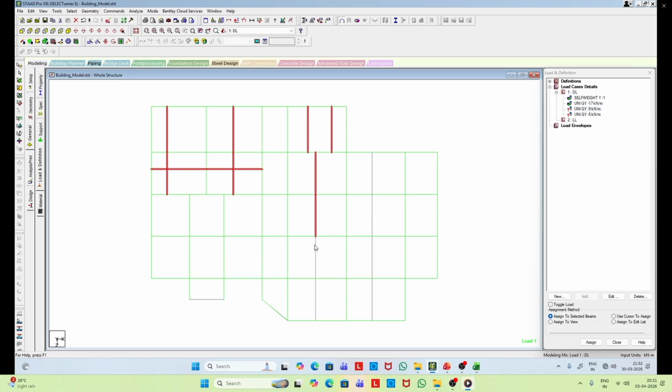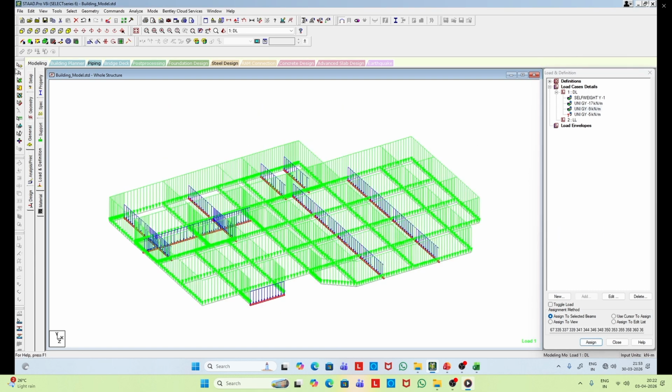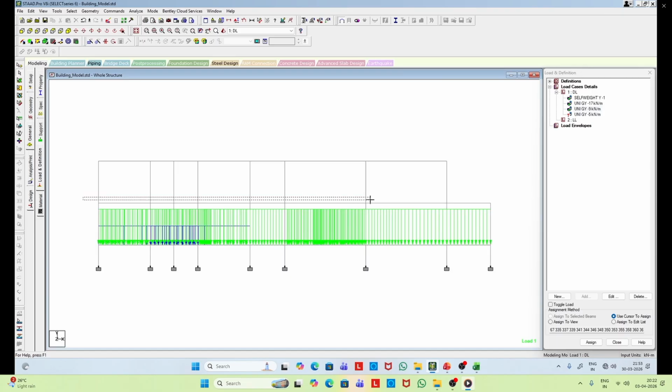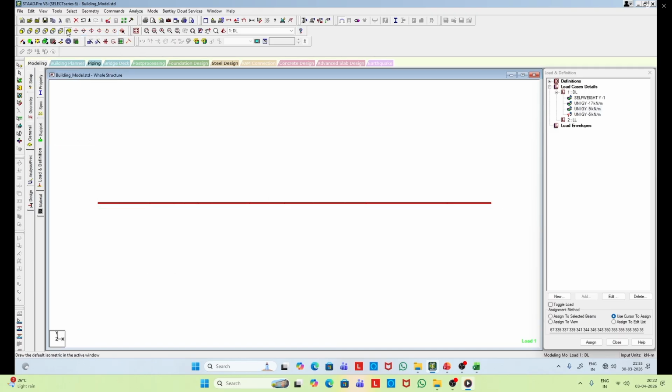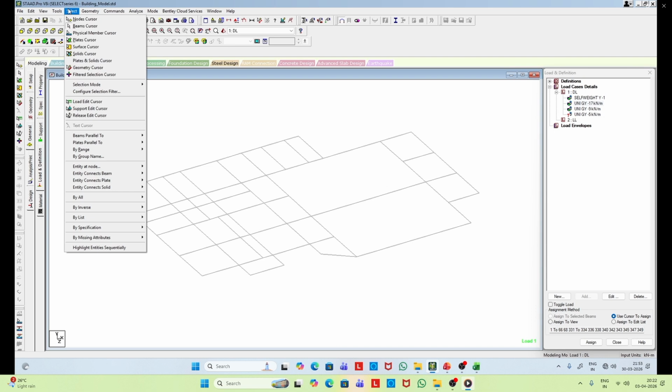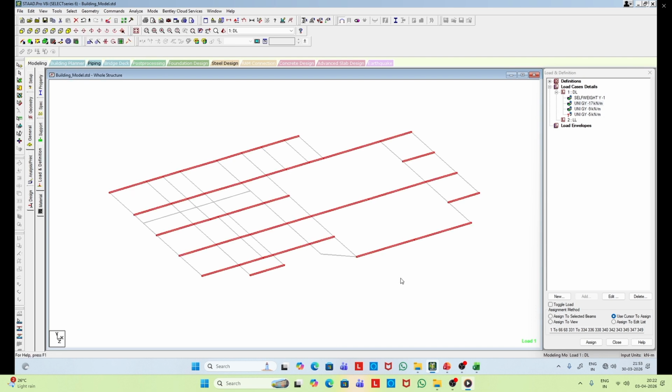These are secondary beams having less load. Then we repeat the same exercise for the remaining two floors. So the process is the same.